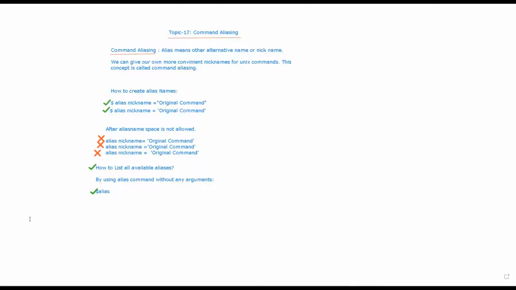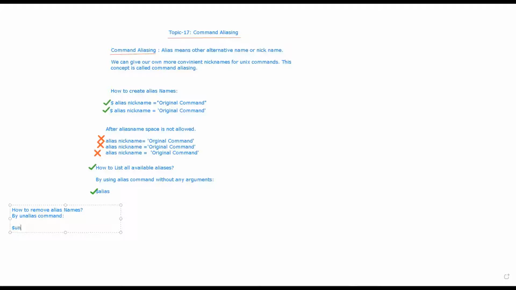Now the fourth option, I'm saying how to remove alias names, right? So if you want to remove the alias name, how can I use that?